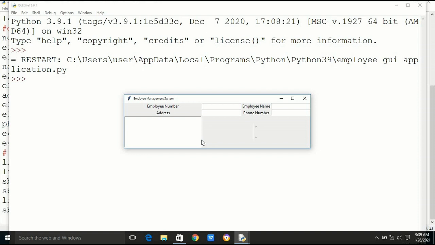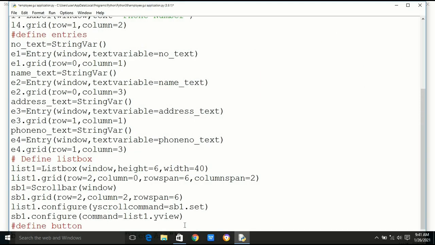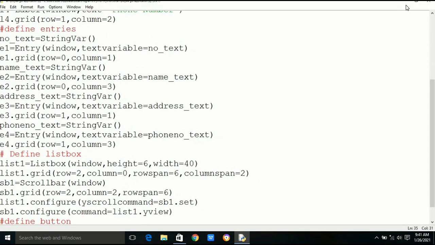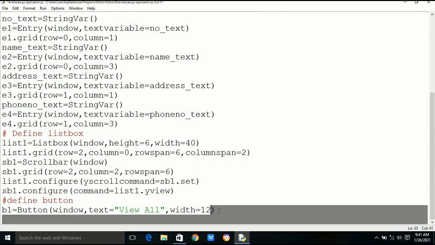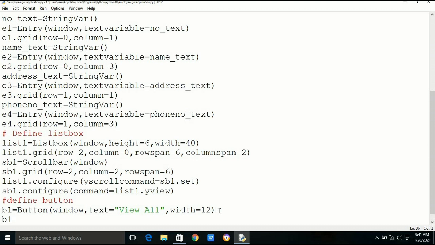Now we'll define how to place buttons in a graphical user interface. B1 is equal to button window comma text view all, and we are redefining the width to 20 and position in grid is row 0 column 3, and second one will be row 3 column 3, third one will be row 4, and similarly we have to increment row numbers.